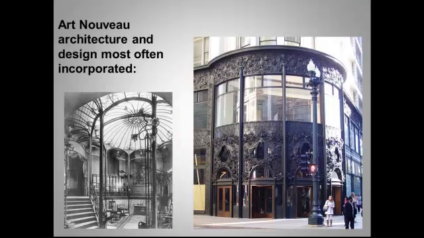Okay, you saw this on the architecture review as well. This is the late 19th century Art Nouveau movement related to the arts and crafts movement. What kind of designs does it intend to incorporate? That's particularly clear from the Victor Horta stairwell on the left, but you should also recognize Louis Sullivan's highly decorative design for the bottom of that circular tower in the Carson Pirie Scott department store.